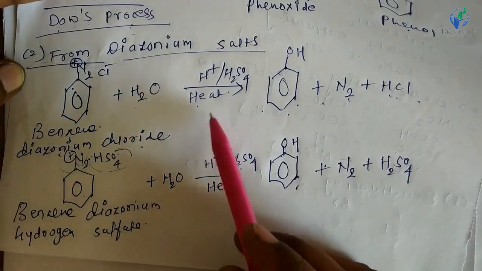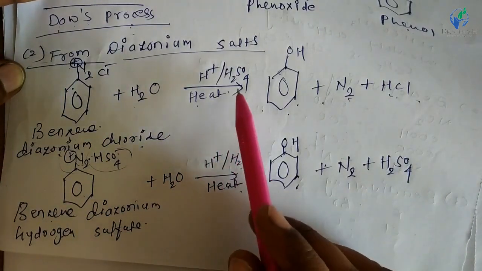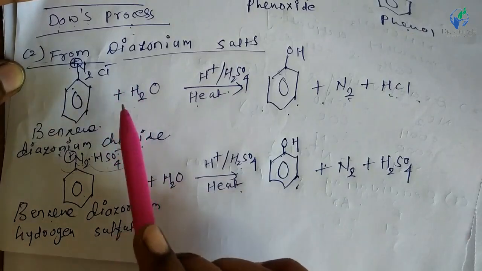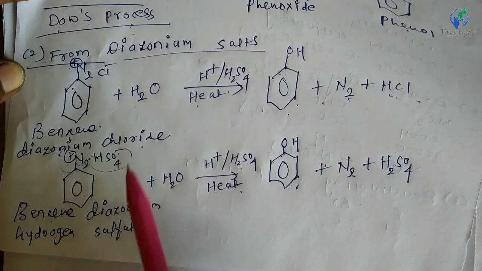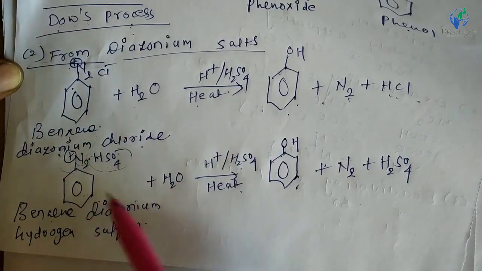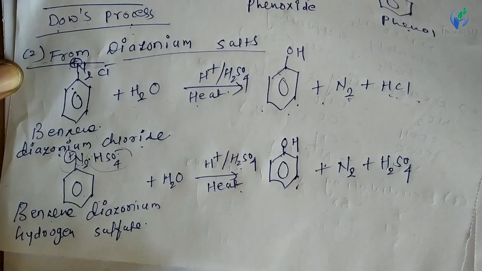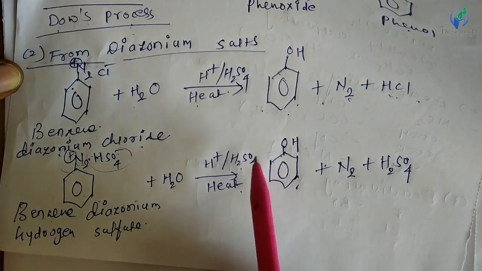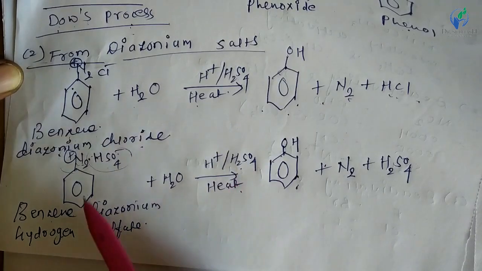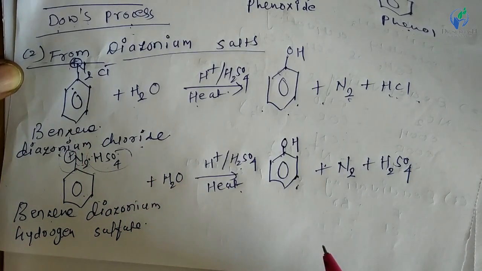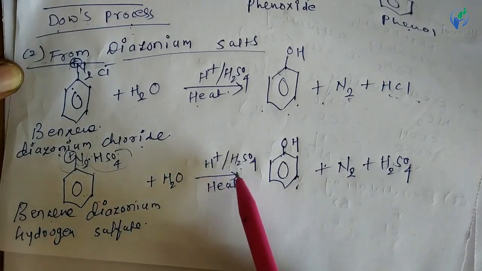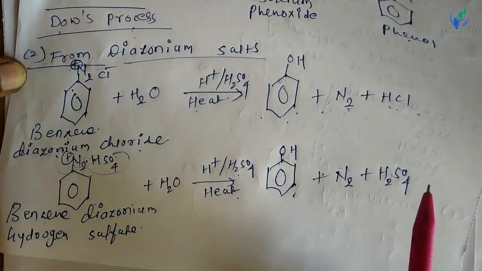Here in this reaction, what happened? Normally it is hydrolysis of the diazonium salt. What type of reaction occurs? Hydrolysis of these diazonium salts. This hydrolysis process is carried out in mild condition, that is dilute sulfuric acid. So if another group is present on this aromatic ring, then that will not be affected by this hydrolysis process or by sulfuric acid.